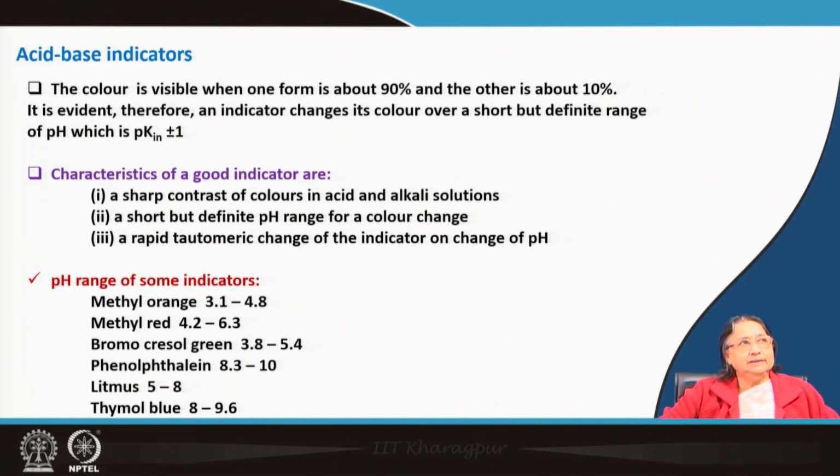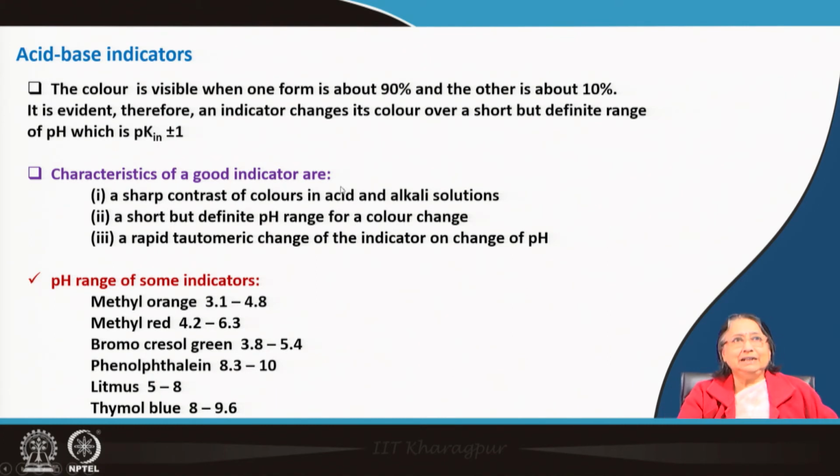But for methyl orange, you know that in alkali it is yellow and in acid it is pinkish red. So, if you use methyl orange for acid base titration, you have to be very careful. It needs some trial, and some experience also, because the change from yellow to pinkish red, or pinkish red to yellow, is not sharp like phenolphthalein. You will see it slowly changing color, and you have to be very careful to identify the end point. Sometimes you will be confused also.